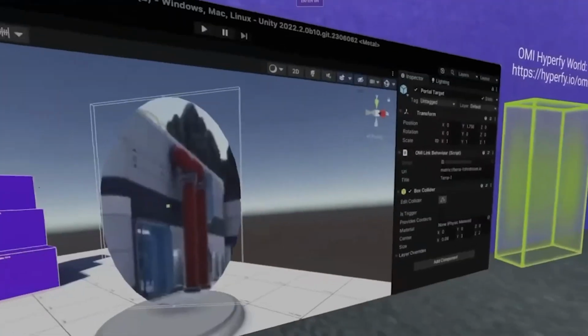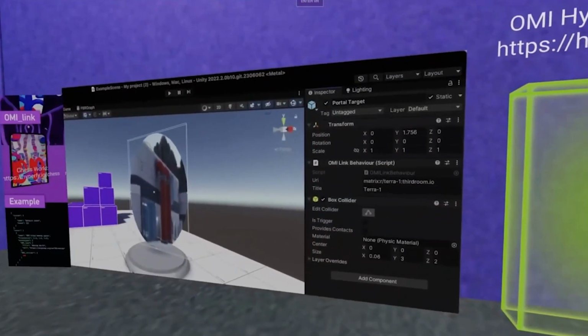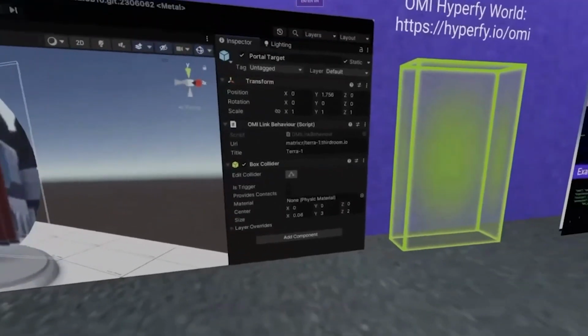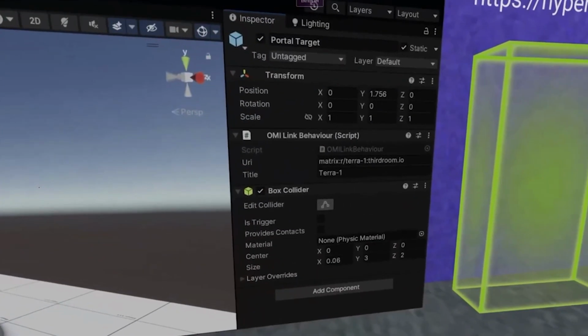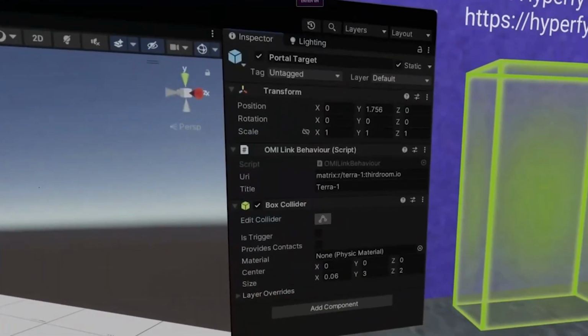Like right now, I'm not extremely happy with my implementation. I really like other people's. Third Room has a really cool one where you click on it. It has sort of a confirmation, and I believe it'll take you into the next space. But yeah, if you look here on the Unity side, we've got the box collider and the link behavior components, and you would just add those components to your object and define the URI and the title, and that will be used for when you collide into something.